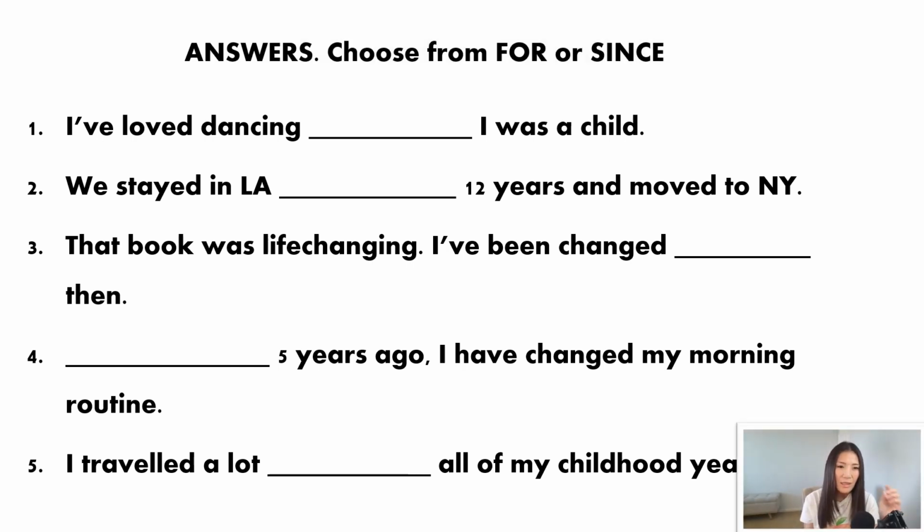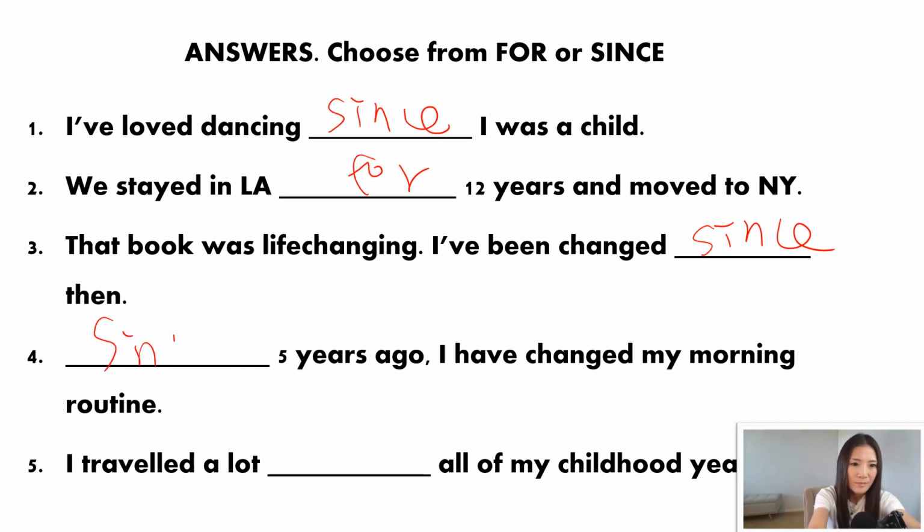Let's go over the answers. Number 1, I've loved dancing since I was a child. So from what point? Since I was a child. Number 2, we stayed in LA for 12 years and moved to New York. Number 3, that book was life-changing. I've been changed since then. That was a beginning point, so since then. And number 4, since 5 years ago, I have changed my morning routine. So from what point? Since 5 years ago, I have changed my morning